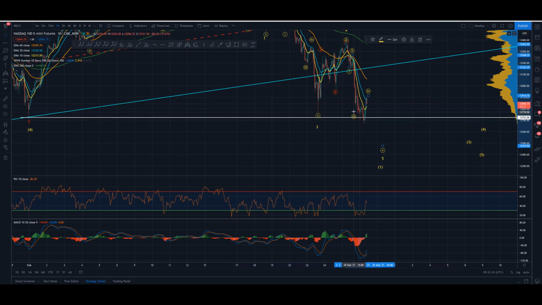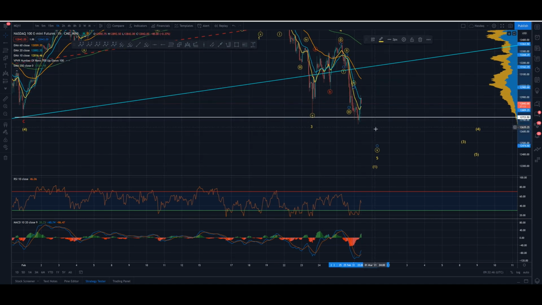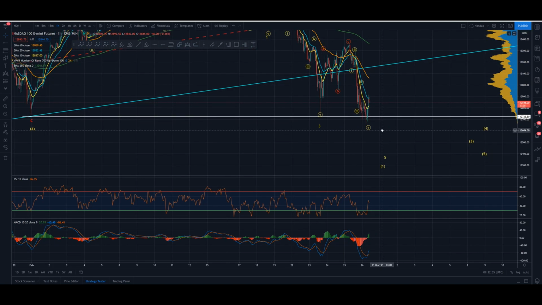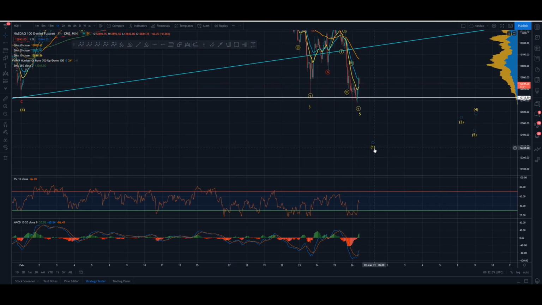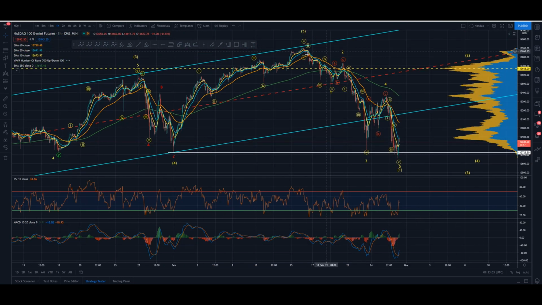But for the moment, since we're sitting on that 20 exponential weekly support, I'm going to count that as the 5 complete, because that sounds like a logical place. Breaking this wave 4 low back here, breaking the fib channel, finding a major weekly moving average, that feels like the right place to put in a wave 1. Okay, so wave 1 intermediate time frame. Now, there was a lot of people calling this 3-wave move down an ABC, but we've now broken that low,